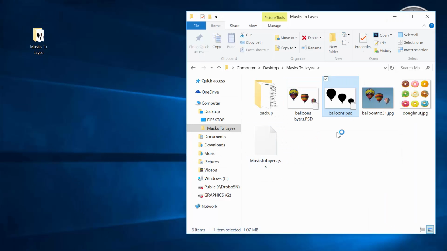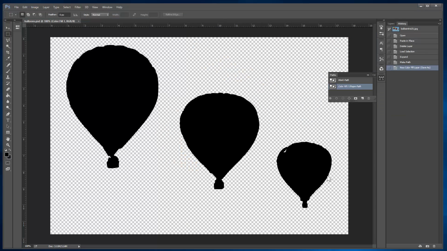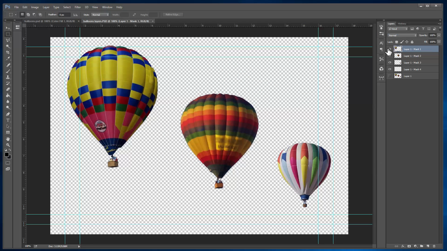Minimize that, go back into Photoshop. There's our balloon layers, and we have a separate layer for each of our balloons. And now it looks like we have a tiny little empty layer. That's probably because one of our selections had a little empty selection made, and we made a fourth mask. And that's something we're going to actually talk about in our next example,